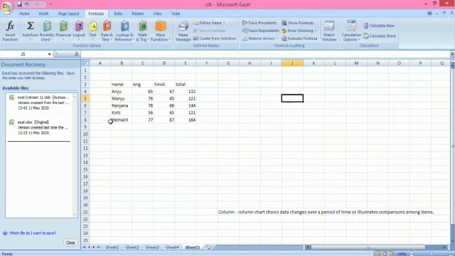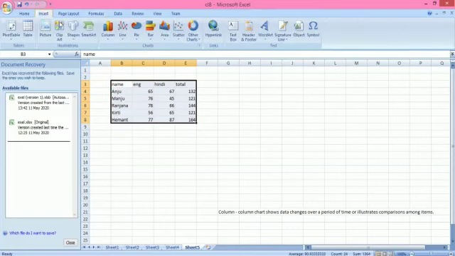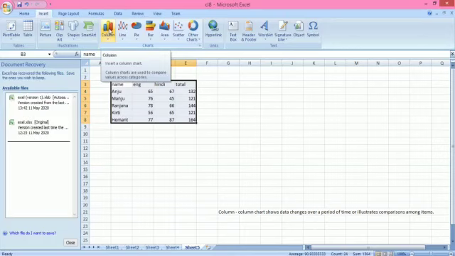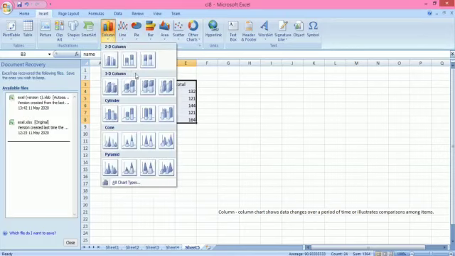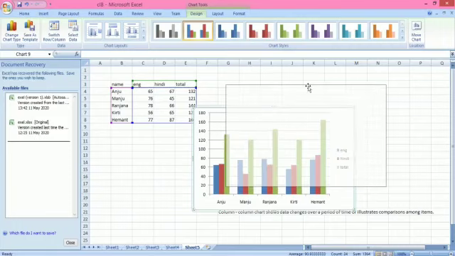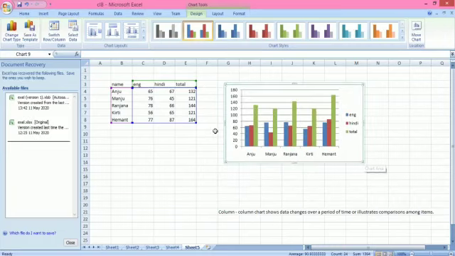This is our data and I want to create a chart of these data. First select all the data, as I have already discussed how to select the data. Then go to the Insert button, and here you can see the different types of chart. If you want to create a column chart, click on the column chart, select which one you want, in 3D form, cylindrical form, cone form, and just click there and your chart will appear in this area. You can resize your chart also as you want.